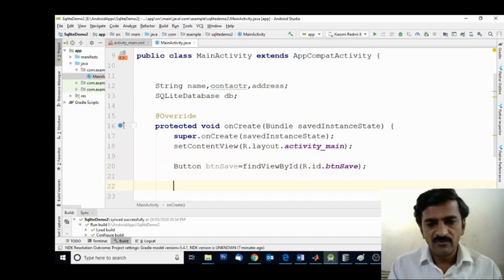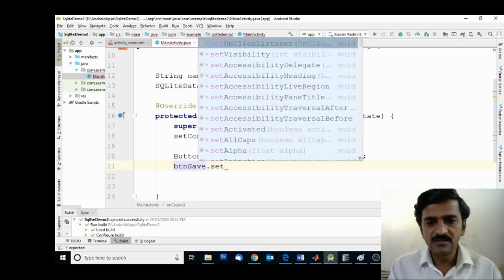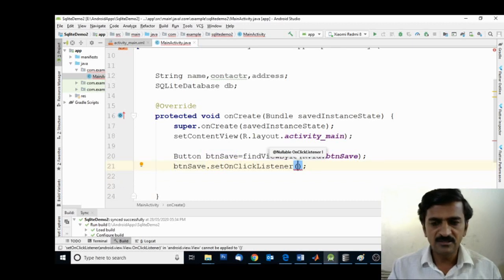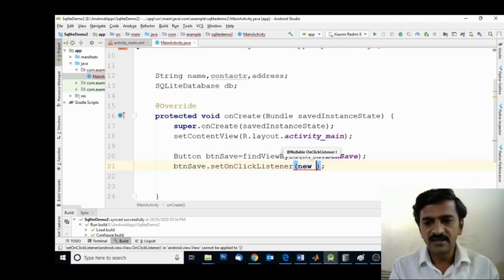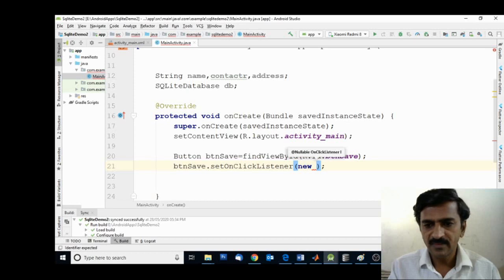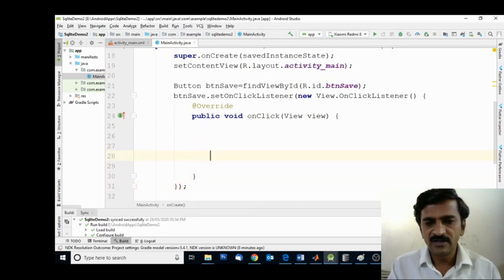So we have taken the reference of that button, and with this reference we can add the click listener for this button, btnSave.setOnClickListener. Then inside that bracket write new, hit Ctrl plus space bar, and you will get View.OnClickListener. Now you can write code here for getting the data.